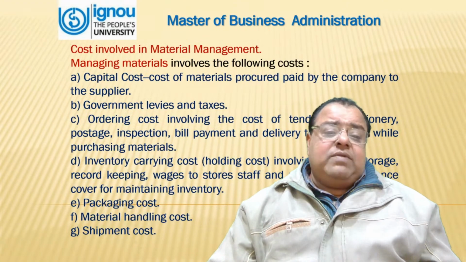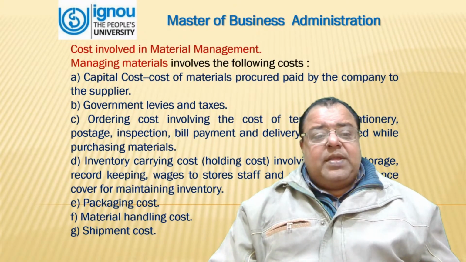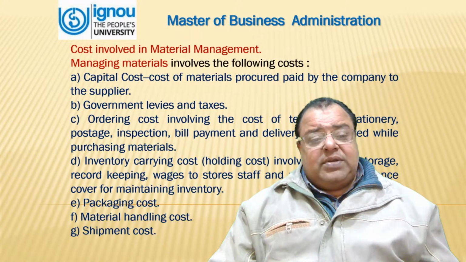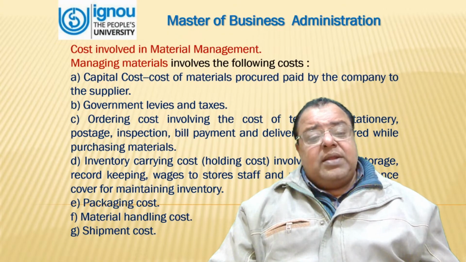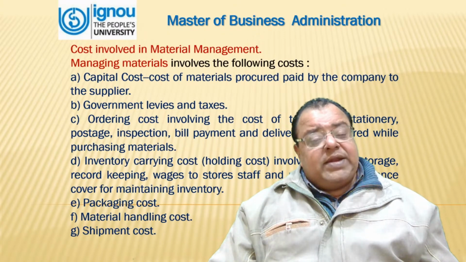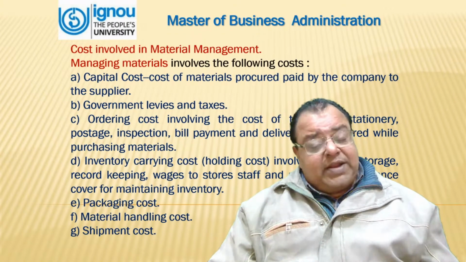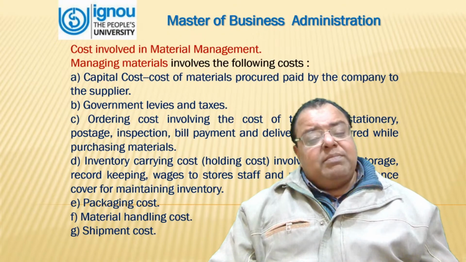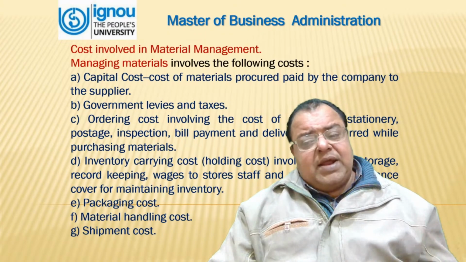What are the costs involved in materials management? Managing material involves the following costs. Capital cost is the cost of material procured, paid by the company to the supplier. Government levies and taxes. Ordering cost involving the cost of tendering, stationery, postages, inspection, bill payment, and delivery that is incurred